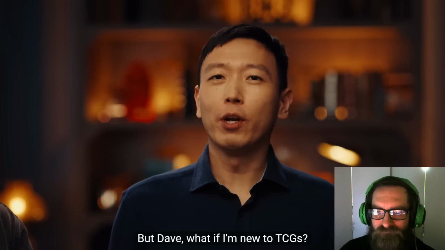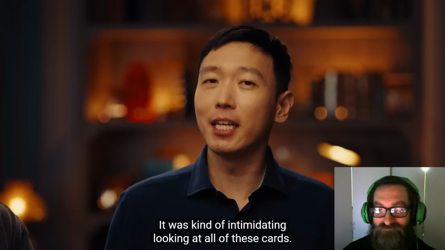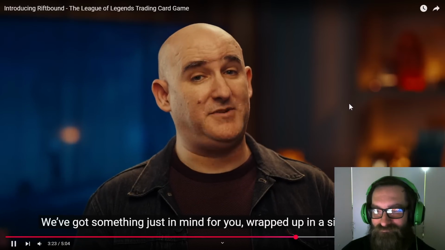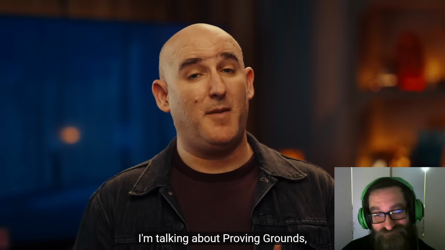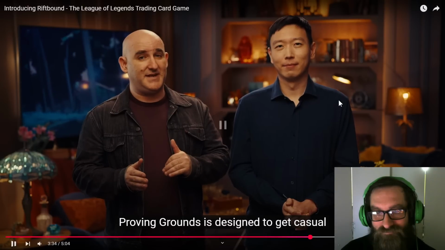But Dave, what if I'm new to TCGs? I remember my first time playing, it was kind of intimidating looking at all these cards. We got something just in mind for you, wrapped up in a single package. I'm talking about Proving Grounds, featuring Lux, Annie, Master Yi, and Garen. This box is a great way to kick off your Riftbound collection. Proving Grounds is designed...